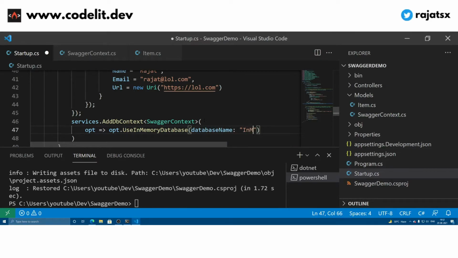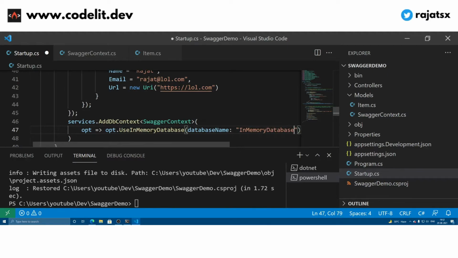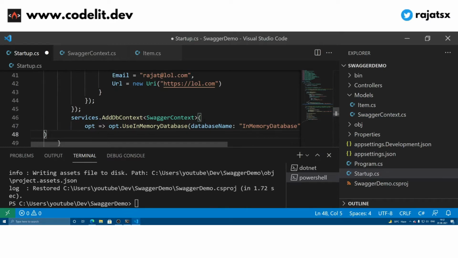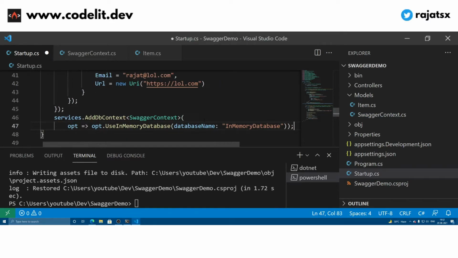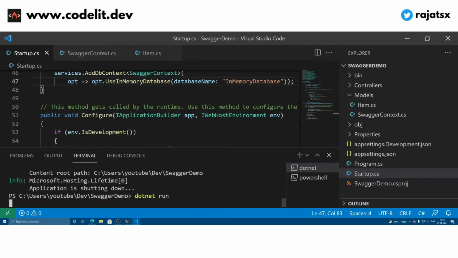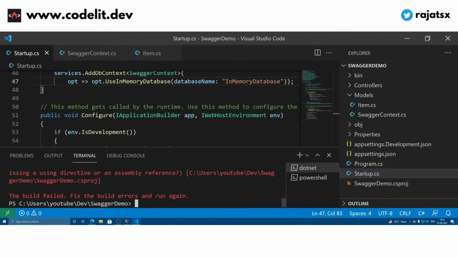I can call it InMemoryDatabase. So we have wired up the in-memory database in our application. Now the only thing that is remaining is the controller part. So let's quickly reboot our application so as to check everything is working correctly.